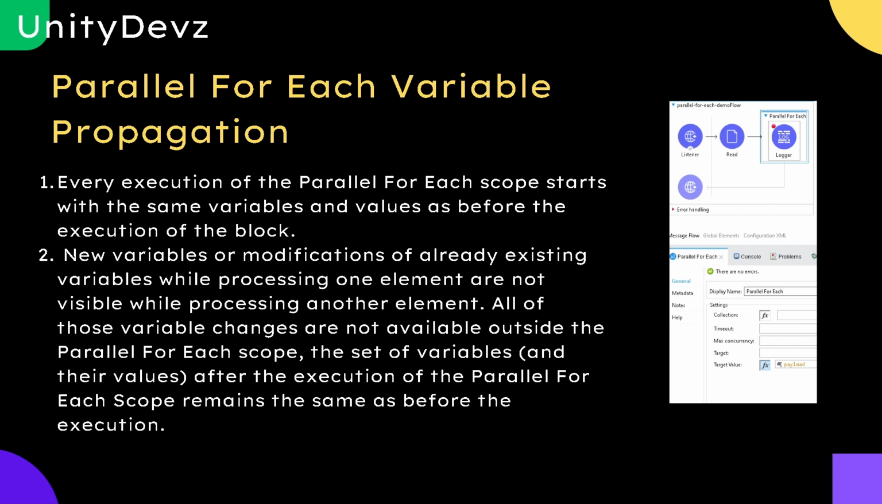Which is the opposite case of for each. In for each, those modifications were visible in the next iterations, but in parallel for each those modifications will not be visible in the other elements. So guys, that was the very big difference between for each